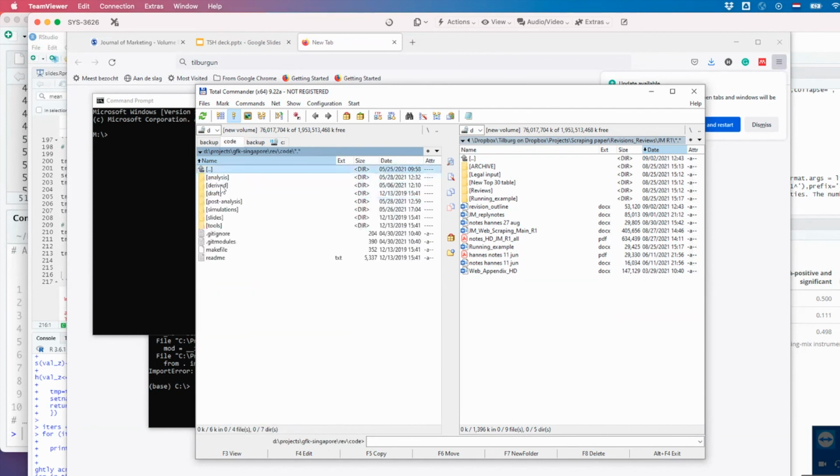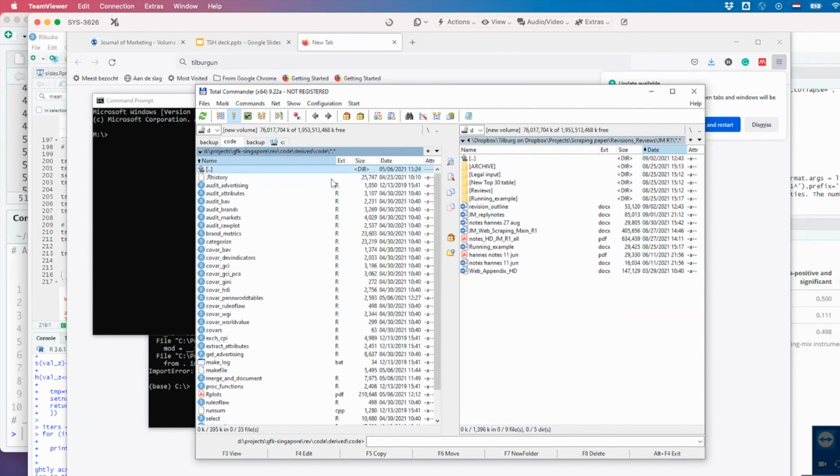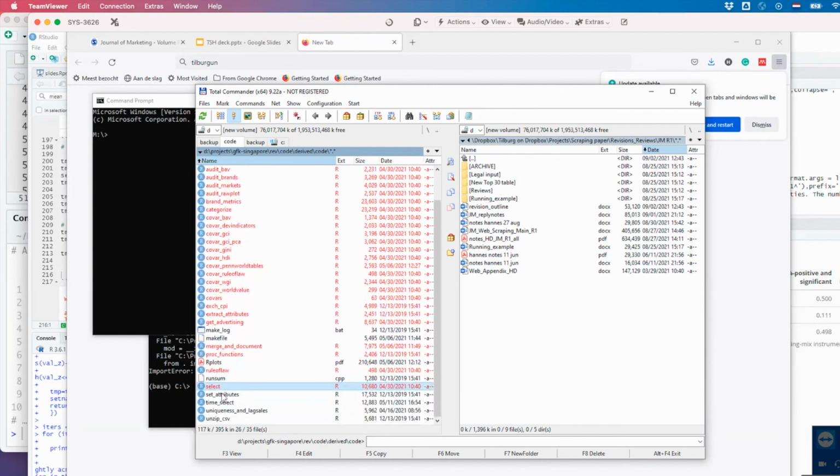And in my code folder, these are the R files that I've written to select and crunch and prepare this data set, all with data.table or dplyr, depending on the task.